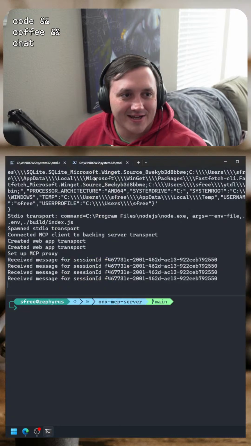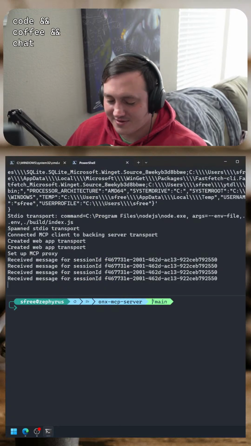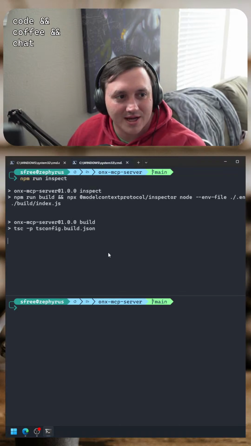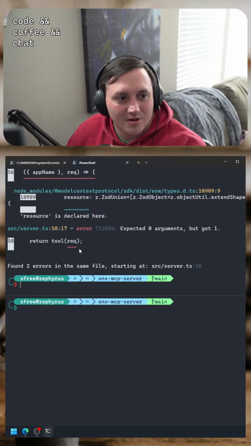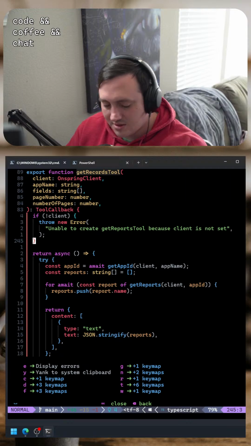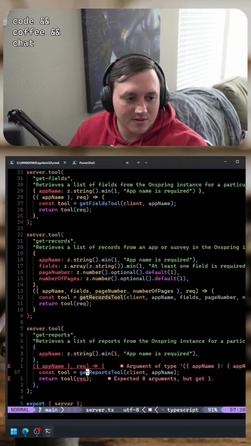Alright, let's restart my server here, and we'll rebuild my project too at the same time. Oh goodness, what have I done? Expected 0 arguments but got 1. Let's see. We want to go to the server.